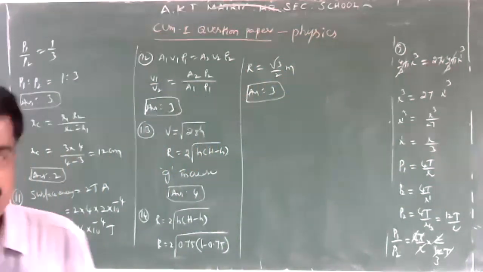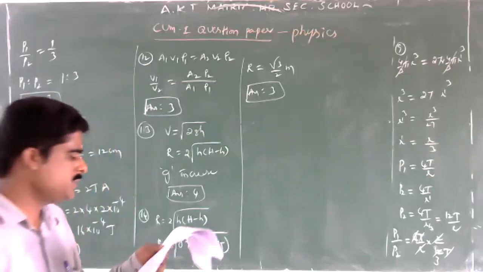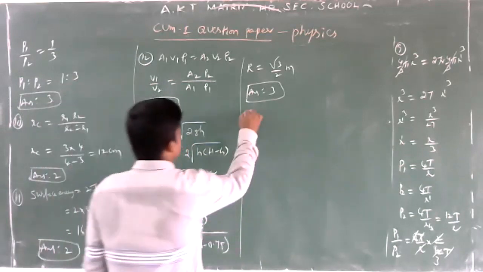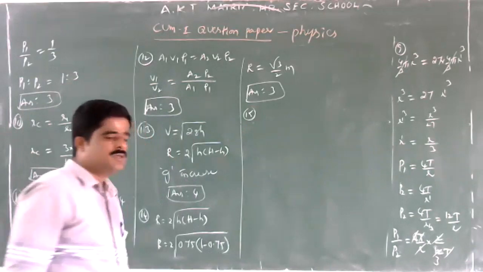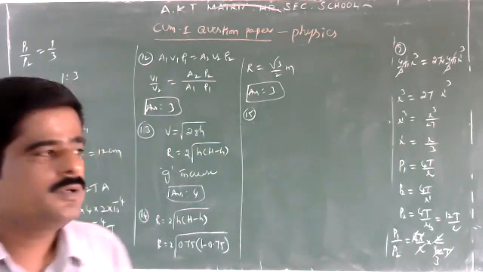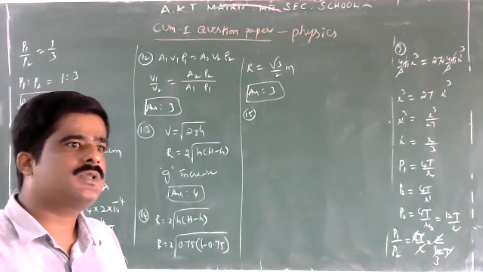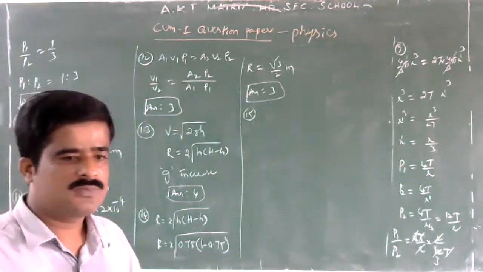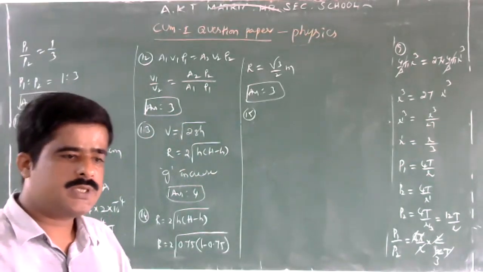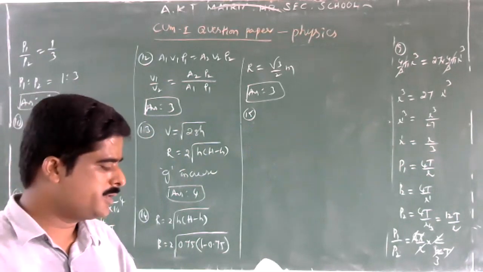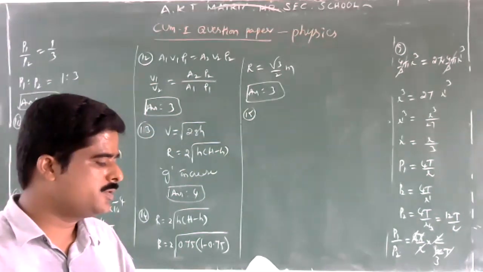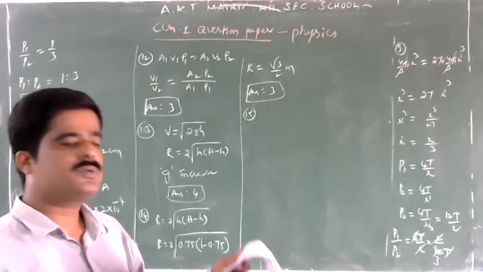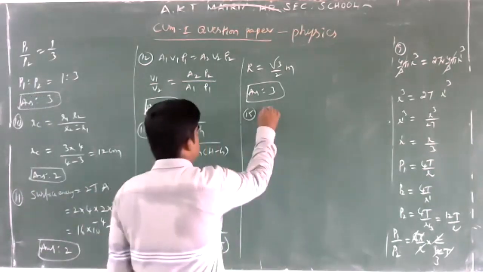Next, 15th question. Liquid flows through a horizontal tube of variable diameter. The pressure is largest where? Where is the pressure more? So generally according to Bernoulli's principle, when a fluid flows with high speed, it creates low pressure. Here pressure is low, speed is more. So according to the statement, where the pressure is large, the velocity is least. Okay. So which option is correct? Second option is correct. The velocity is lowest. So answer second.